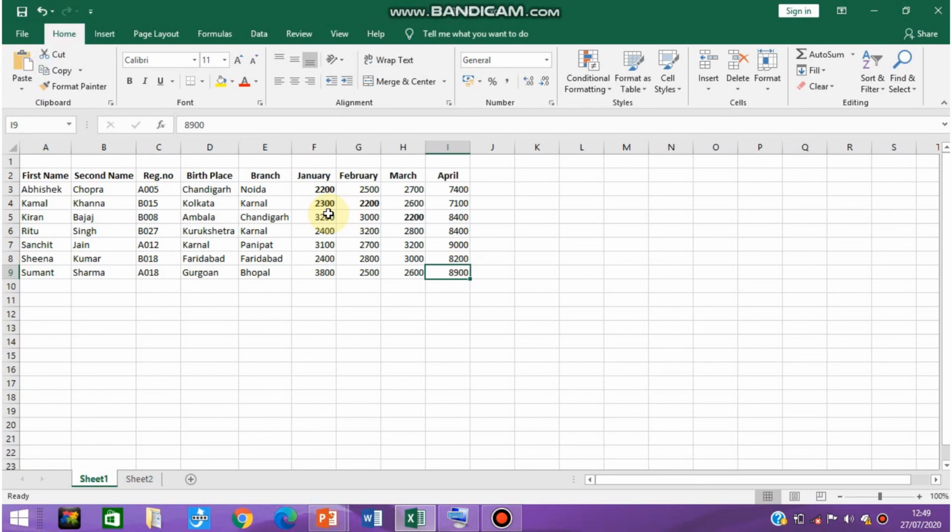This is the way you will use conditional formatting. So here we have seen three topics in today's class. First is custom filtering, second is remove auto filter, and third is conditional formatting.